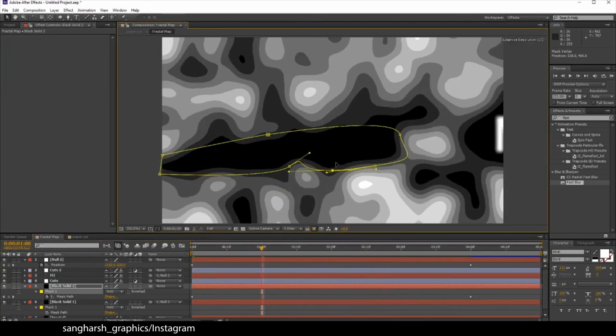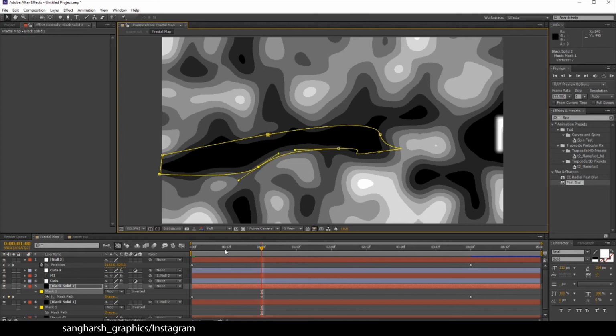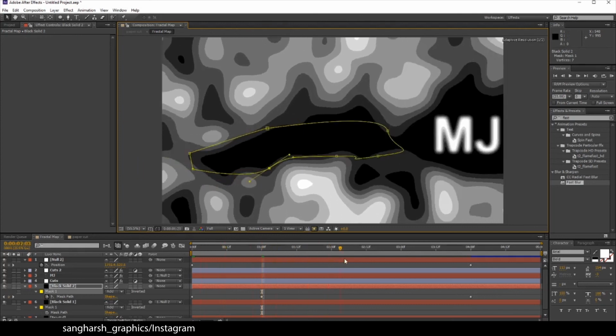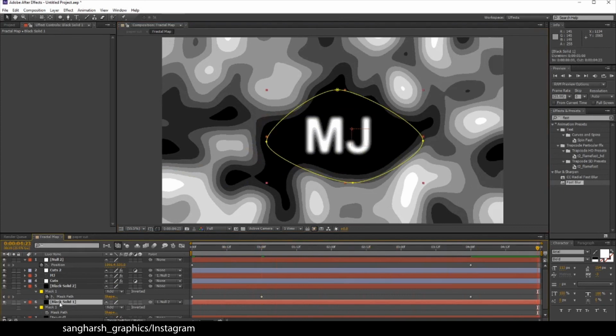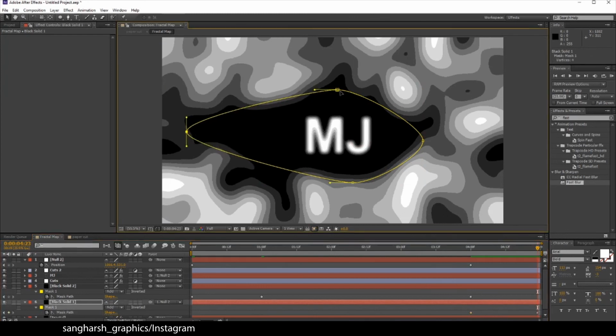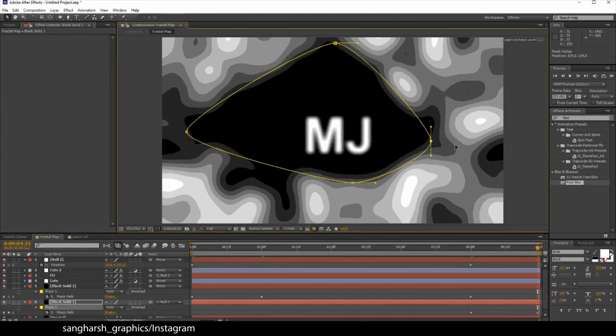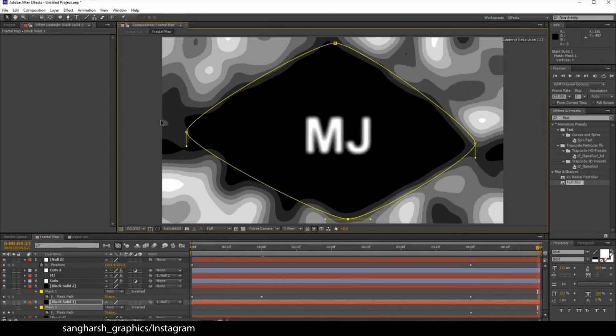It's animating like a wave is going from the terrain like this. You can animate in between also, and at the final frame we will just increase the black main solid like this, add a keyframe on 4 seconds, and at the end of the video let's just make it bigger like this.